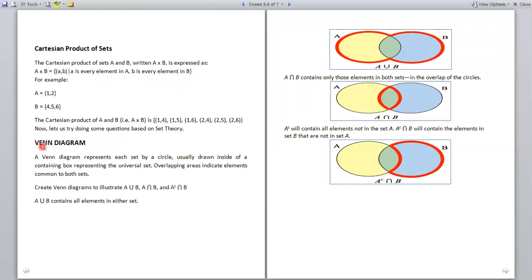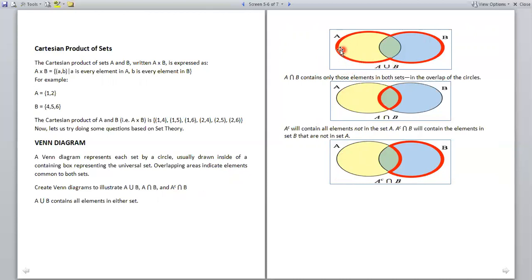Okay. Next is the Venn diagram. What is a Venn diagram? A Venn diagram is a diagram that shows all possible logical relations between a finite collection of different sets. It means we can pictorially represent, using some circles, the notations we have already been using, that is union, intersection, all these things. It is one kind of diagram. It shows the possible logical relations between a finite collection of different sets, and you can see it more clearly.